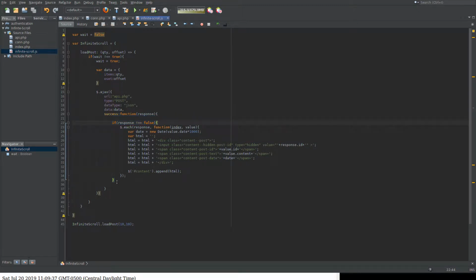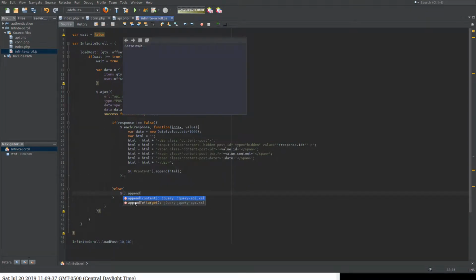So what do we do if the response is false? Let's go ahead and write that real quick. So else, if the response is false, what do we want to do? We probably want to display a message letting the user know that there's no more posts to load, that we're at the end of all of our posts. So we'll just append a span, and we'll just say no more post to load,